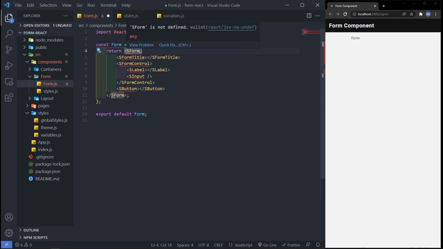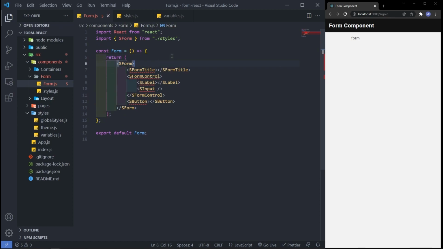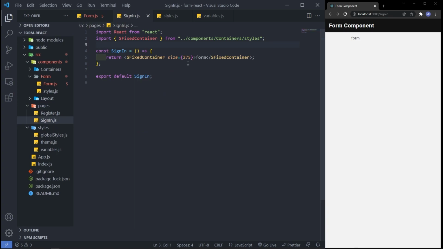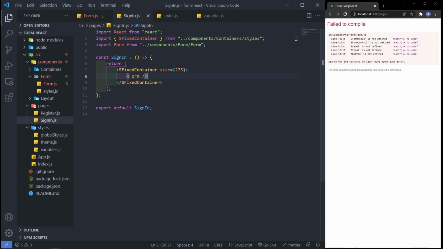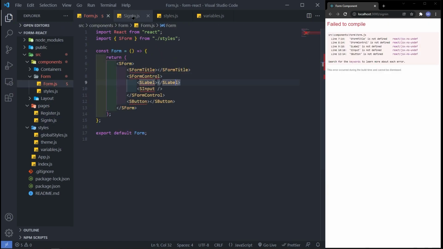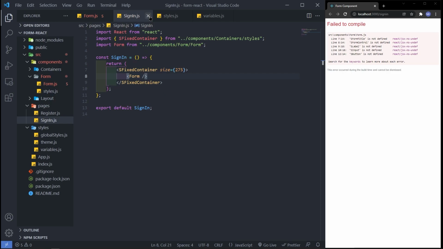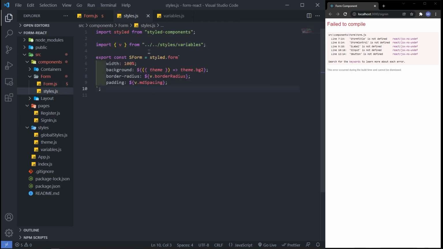All right, so let's bring this in. This is gonna bring up a warning, because we're not using this within the sign in page. So go to sign in and use the form component. All right. So before we actually style everything, let's just create all of these